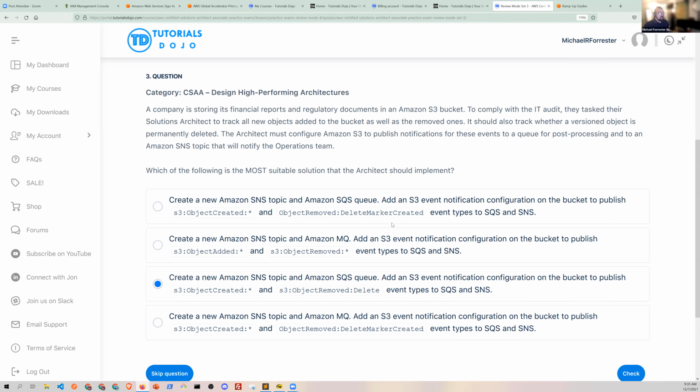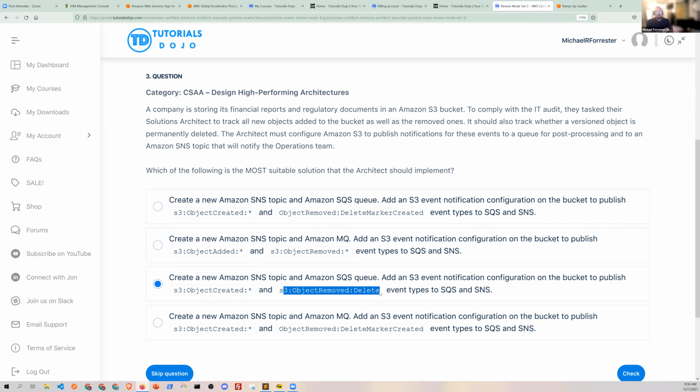Now, here's the thing that's funky. This delete marker, by the way, is not a permanent deletion. A delete marker just says that I am pretending the file is deleted with versioning. So now I'm sitting here thinking to myself, well, maybe it's object remove delete. But let me just throw this out there. I don't remember the API calls off the top of my head super clearly for S3. So I'm sitting here thinking it's probably one of these two options.